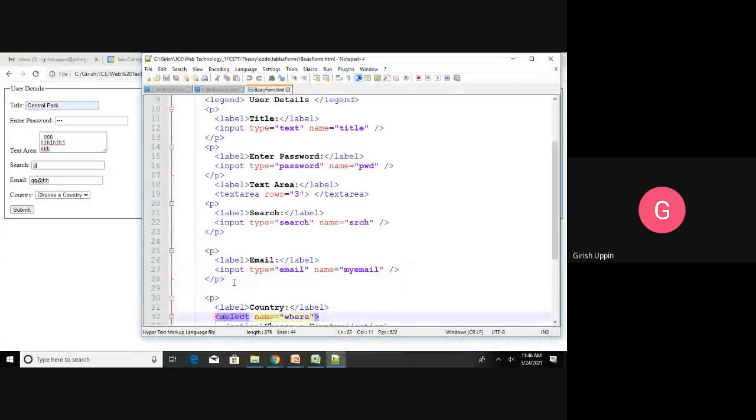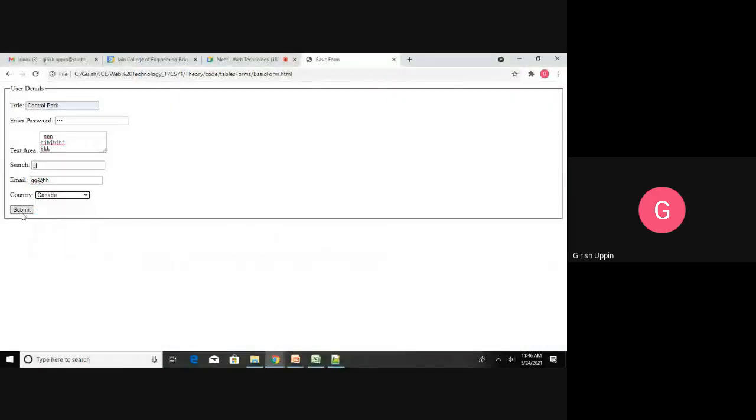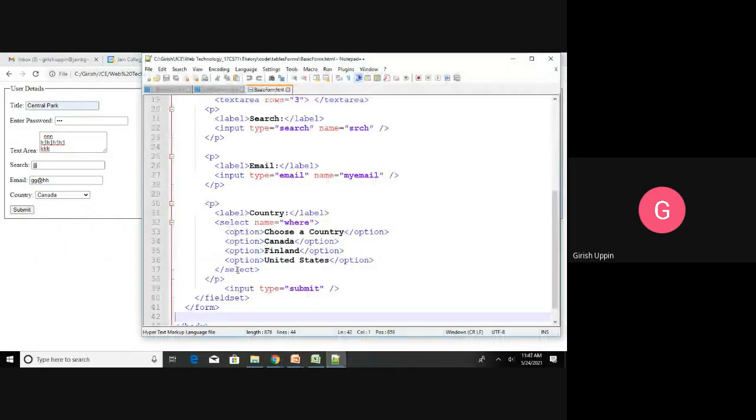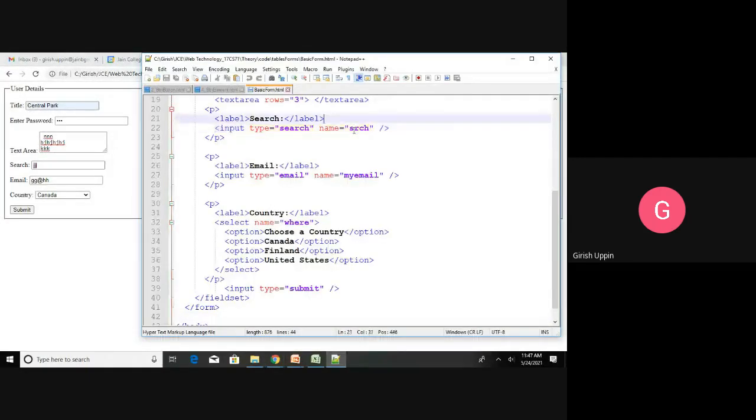Then the last one is the label, country, and these are the different options. So whatever the options are given here will be stored in where. So if I have Canada, and that is this particular select, then I have input type equal to submit. So this will create a submit button. Once I click on the submit button, all this data will be sent to the server, and it will be given to this particular resource, action.php,